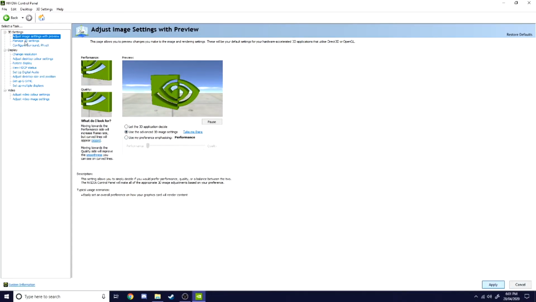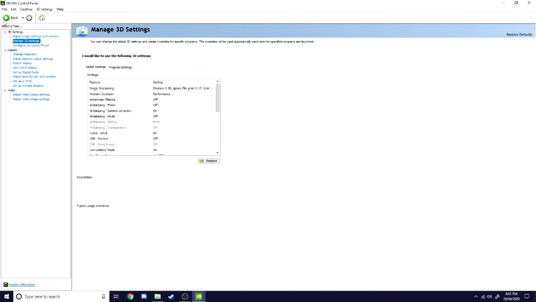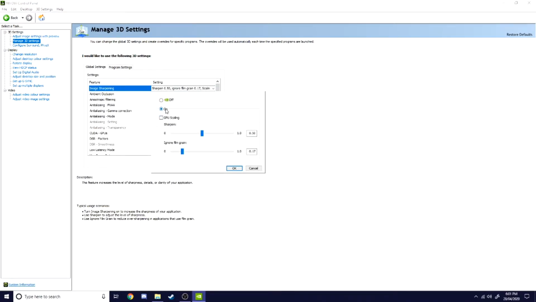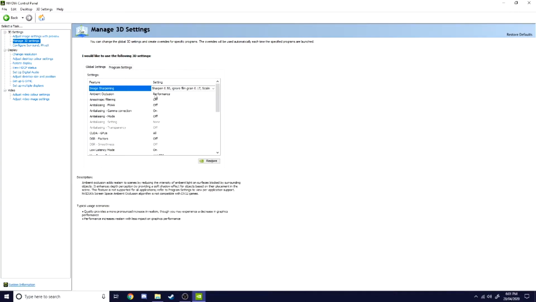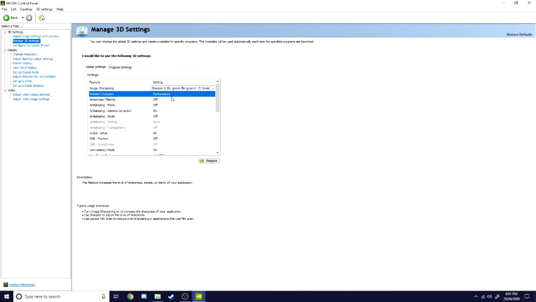And then you want to go to your manage 3D settings, and then here you want to go to image sharpening. You want to turn this on. If you don't play stretched, which I'll later teach you in this video how to do if you want to, you want to tick this. But if you do play stretched, untick that, it will just wreck it. So make sure that's on. Okay. Ambient occlusion, performance,